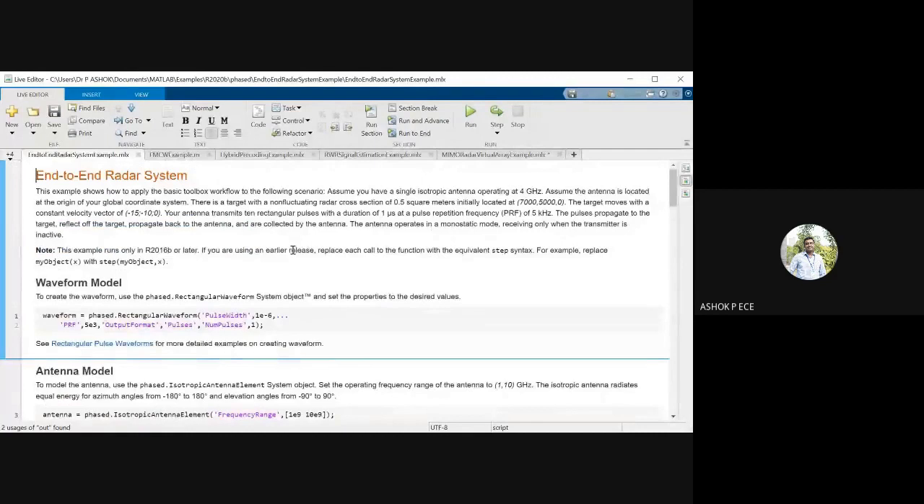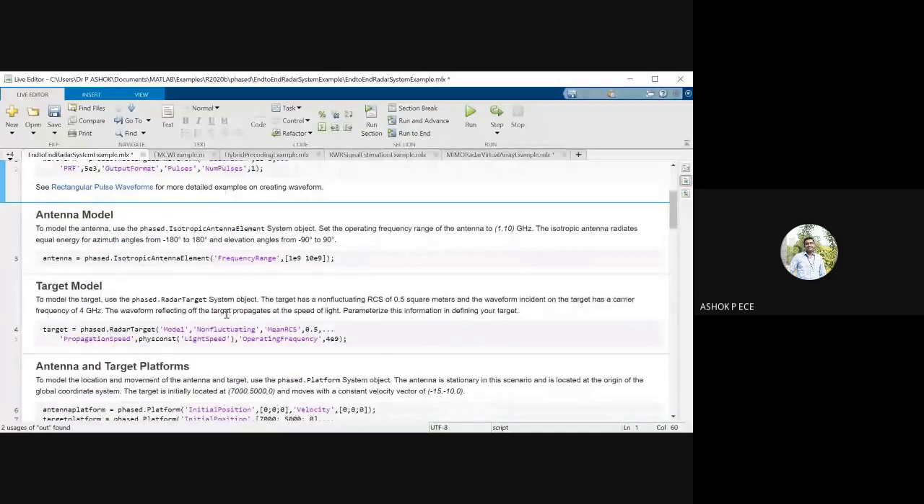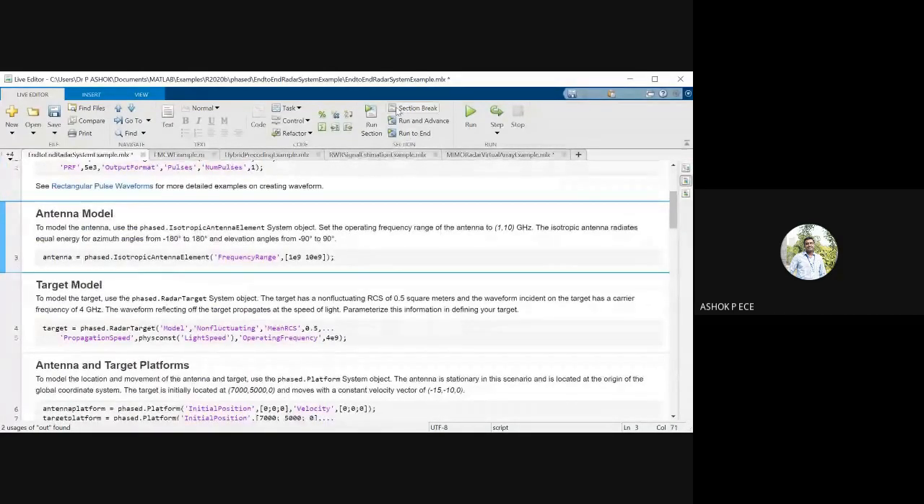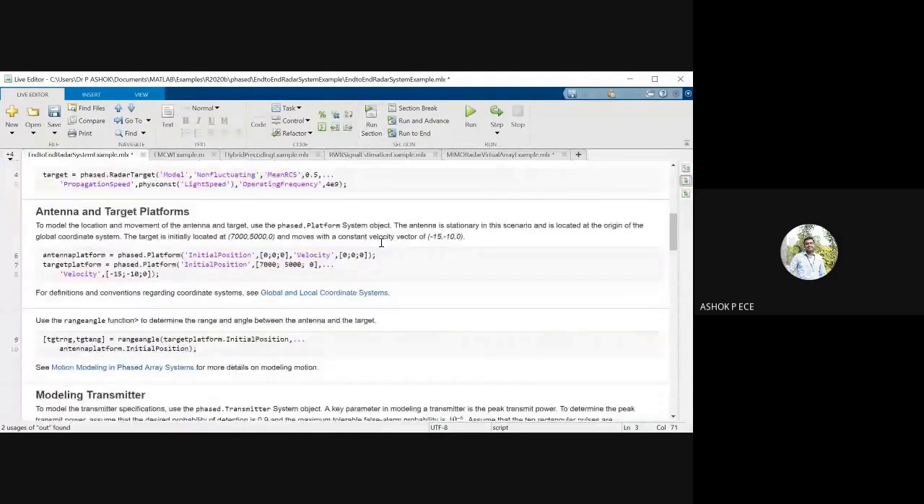So last one, we'll see an end-to-end radar system. So how a radar is working. This is a radar working at 4 gigahertz, with a pulse repetition frequency of 5 kilohertz. I'm just defining the radar, and I'm defining the antenna parameters, and I'm seeing what is